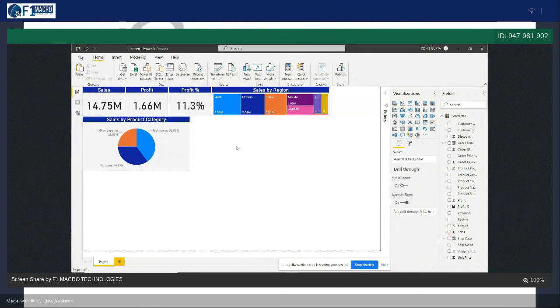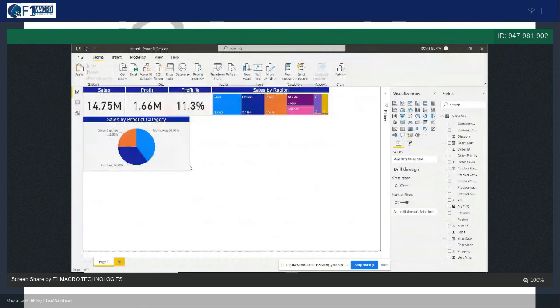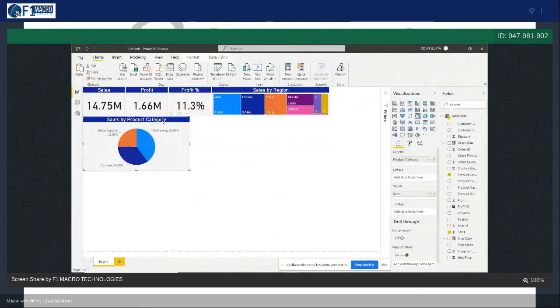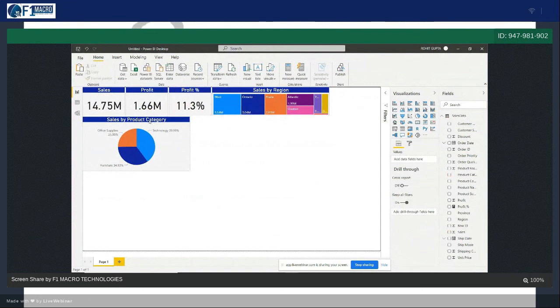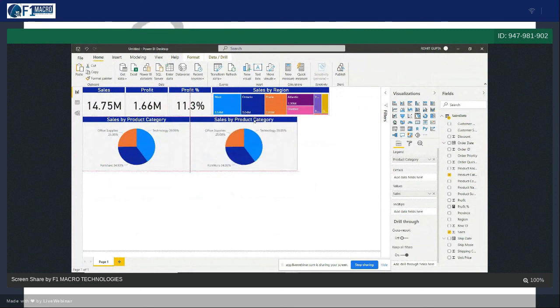Okay, now what you want, you want to create a column chart showing top 10 product subcategory. We want only top 10 product subcategory. So let's select this, Control C, Control V. We want only top 10 product subcategory.